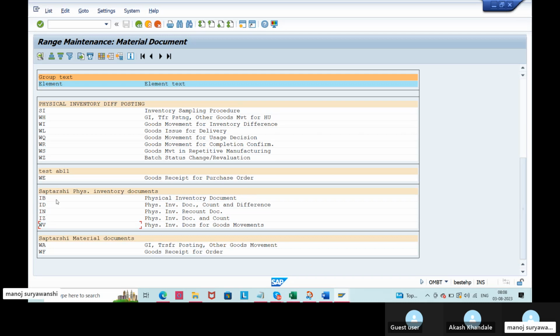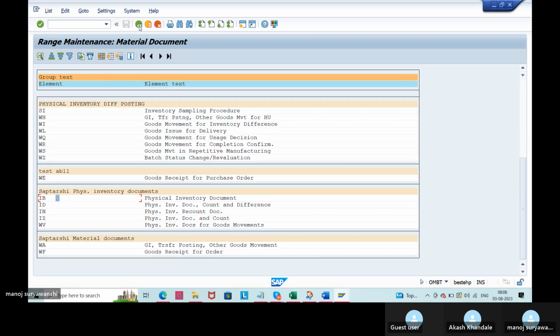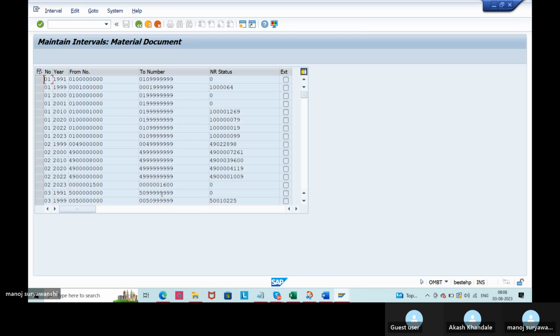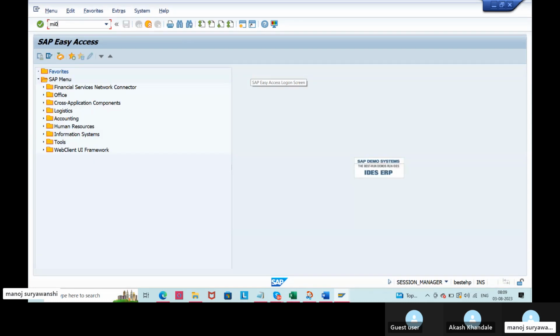So this IB is used when we create a physical inventory document, right? So if I double click here or if I go to its details, you can see a number range 09 is assigned to this transaction type IB. Go back, go back. Now go to intervals. Okay, 09 is the number range that we saw. So this is 09 2023, and this is the number range that is used. So whenever you are creating a document using MI01,